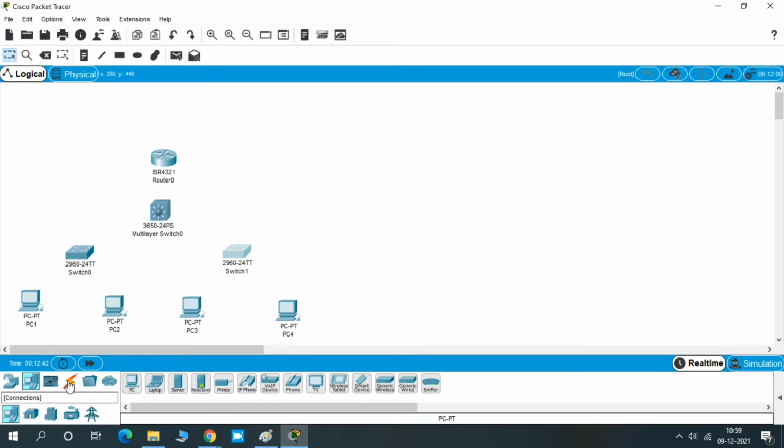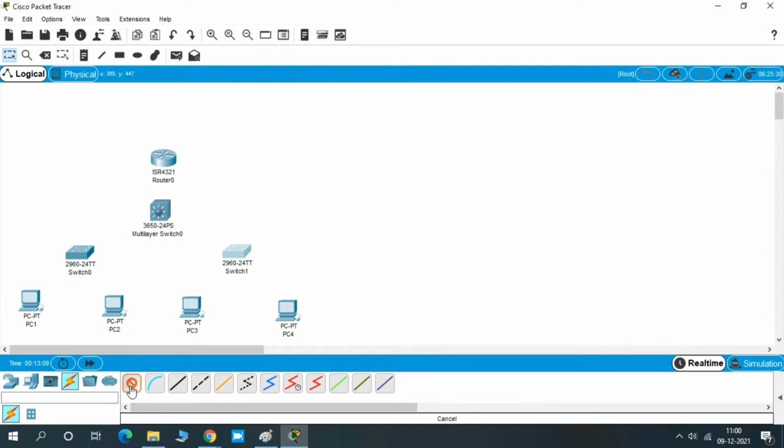So just click on the fourth option. See, you will get many cables here like console cable, crossover cable, straight through cable. If we click on the first option, by default it will take the cable as per the device connectivity. If you want to check the cable type, just point the cursor on the cables one by one. You will get the cable type on the downside, like console, crossover or straight through.